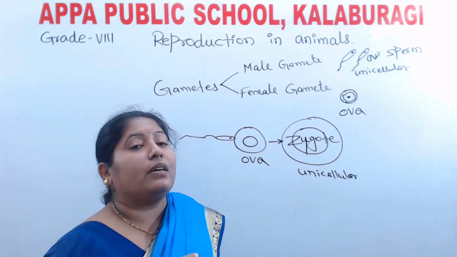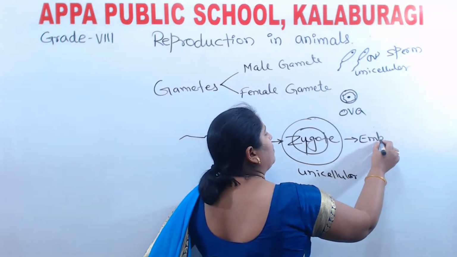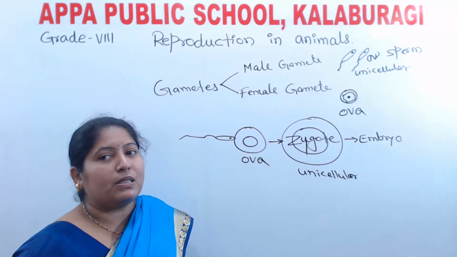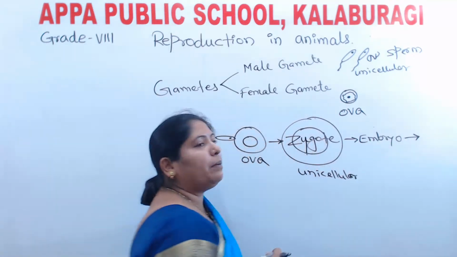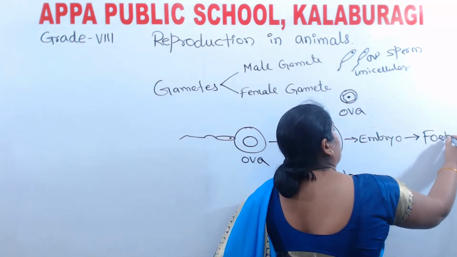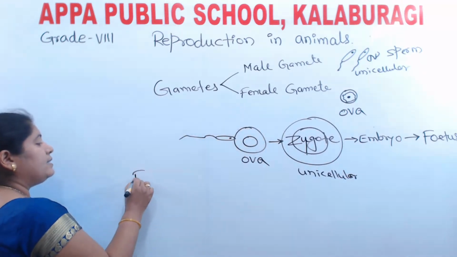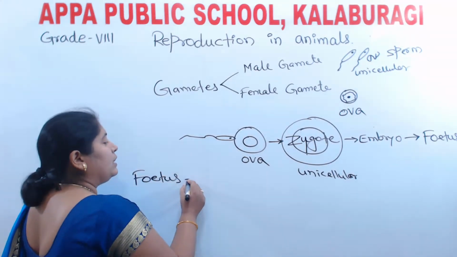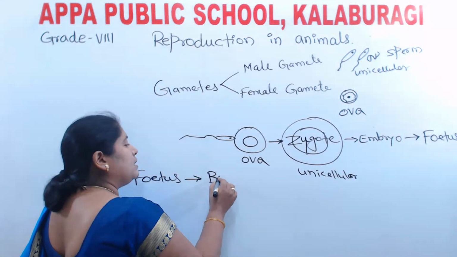Right. This zygote undergoes further division and forms the embryo. This zygote further undergoes the cleavages or division and forms the embryo. And this embryo undergoes still more developmental stages and attains the next stage, that is nothing but the fetus. Right? That is the fetus. So what is exactly a fetus? How can we identify the fetus? Fetus is nothing but the embryo which has undergone growth stage and the body parts